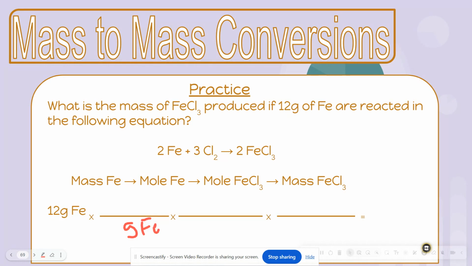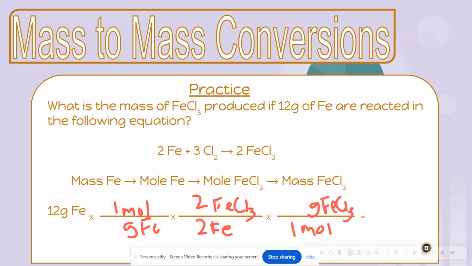Okay, again, I don't have my periodic table in front of me while I'm making this video, so you can find it on your own. Then I will put 1 mole on top. I'm going to use my molar ratio of iron to iron chloride. So I have 2 moles of iron on bottom, and I have 2 iron chloride on top. Then I put my 1 mole on bottom for the iron chloride,